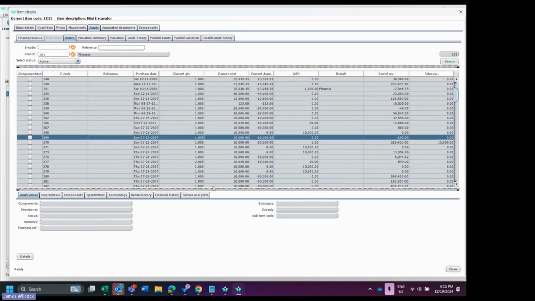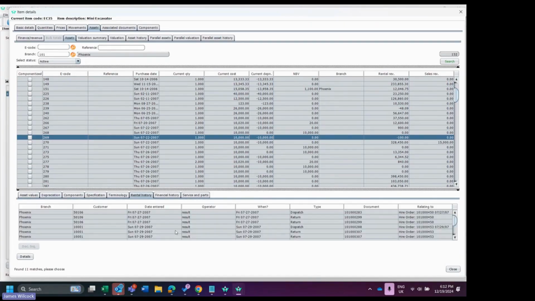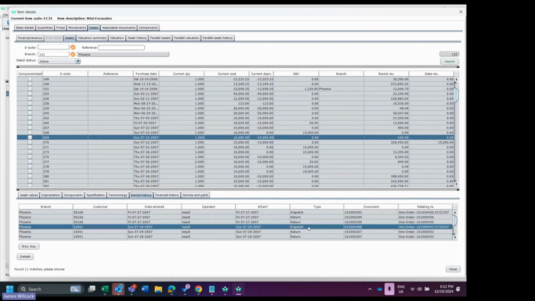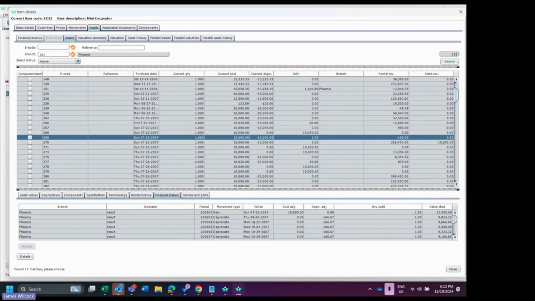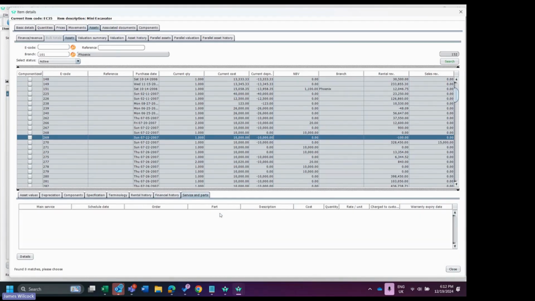I can highlight any one of these items and I can look at the depreciation. So this one's straight line, 60 periods. Again, purchase date, costs, everything like that. I can look at the rental history, so when it went in and out of rental contracts, return, dispatch. I can look at the financial history of it. So I can see all of those stamps of when it depreciated and the value that it depreciated down by. And I can also see